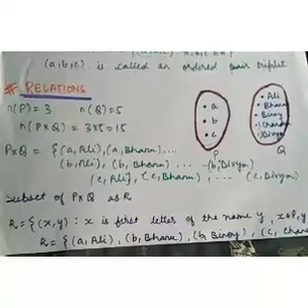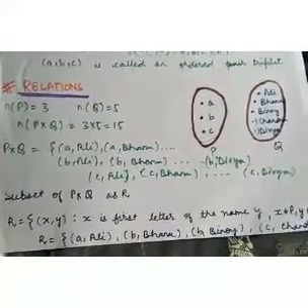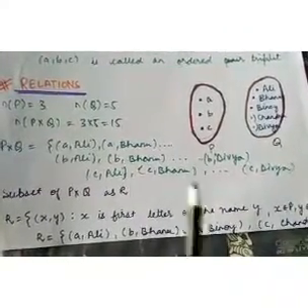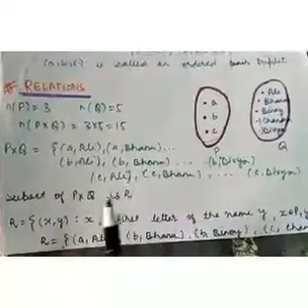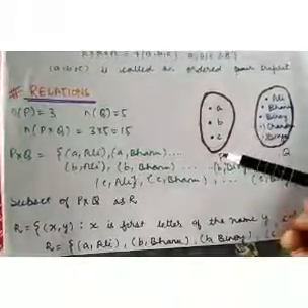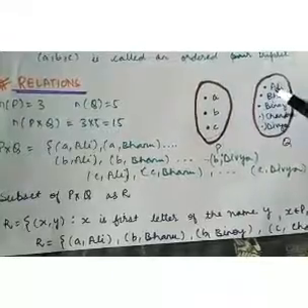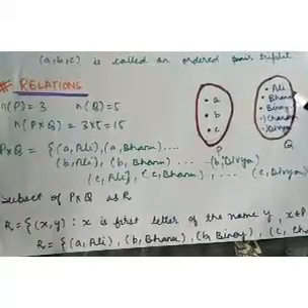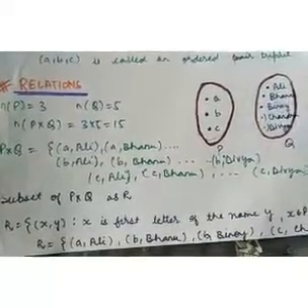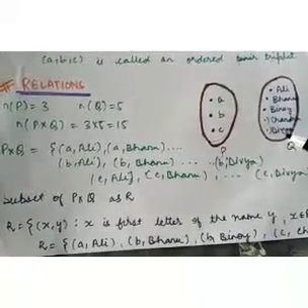So now we will start with another topic from this chapter, that is relations and functions, and now we will study relations. In order to understand relations, let us consider two sets P and Q. Let the elements in the set P be A, B, C, and the elements in the set Q, there are five elements: Ali, Bhanu, Binoy, Chandra and Divya.